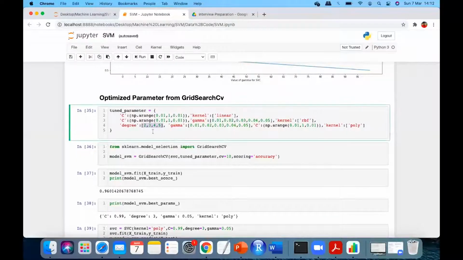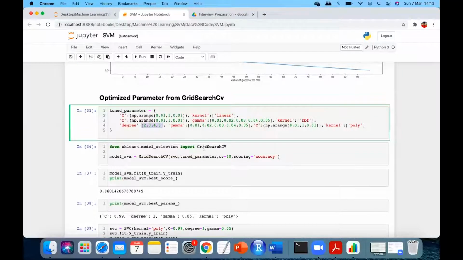So I'm just telling you that linear is already there, so polynomial starts from 2. You can start with 2, 3, 4, 5. Do not go beyond that, right? So try till here, and then just give me the best model.